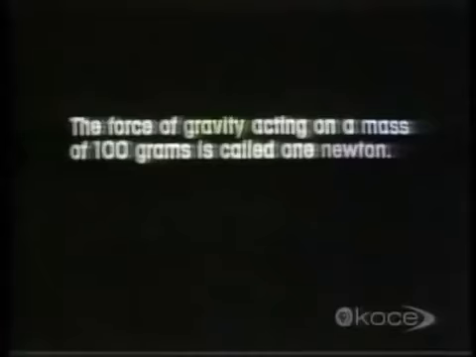The story so far. All masses attract all other masses to a certain extent. The Earth, being a very large mass, exerts a very large force of attraction which is called the force of gravity. This pulls all objects towards the Earth at an acceleration of roughly 10 meters per second per second. The force of gravity acting on a mass of 100 grams is called 1 Newton. And now,